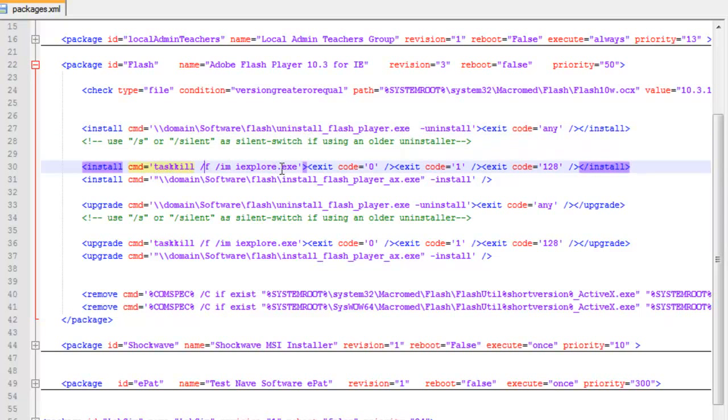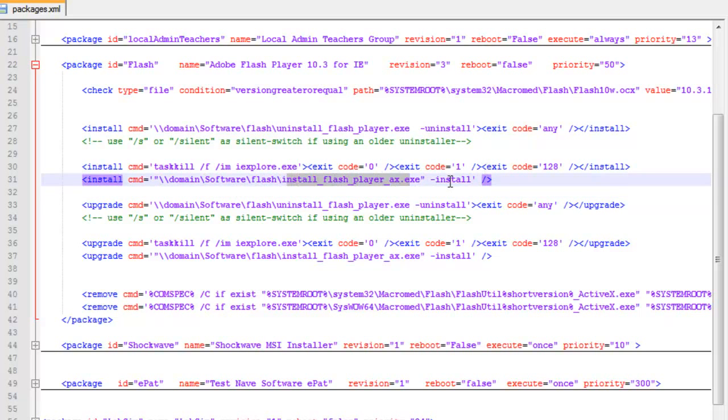The next thing we do after we uninstall the flash is we do a task kill, we force it, and we're doing iexplore.exe. So we can kill tasks before we run, because we can't install flash if Internet Explorer is running. So that's what we're doing. Now this one only works for Internet Explorer. If you have Mozilla or Chrome, you'd have to install it a little bit differently, but what it does is it's going to install flash based on my domain software,